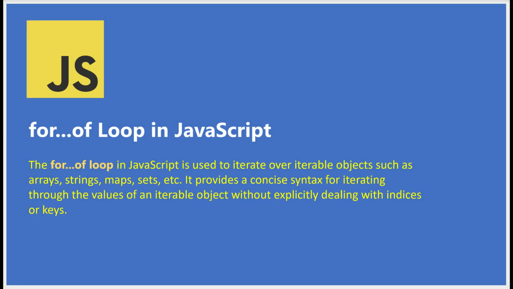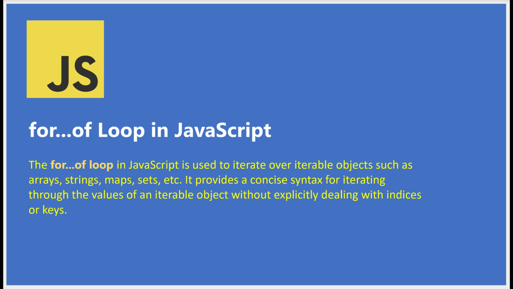Ever wrestled with the complexities of iterating over iterable objects in JavaScript? It can be a bit of a head-scratcher, right? Thankfully, JavaScript provides a neat little tool to help navigate this process. The for of loop. To understand this, imagine a collection of items. It could be a string, an array, a map, a set, essentially anything that's iterable. The for of loop is your ticket to smoothly iterate over these objects, element by element, without getting tangled up